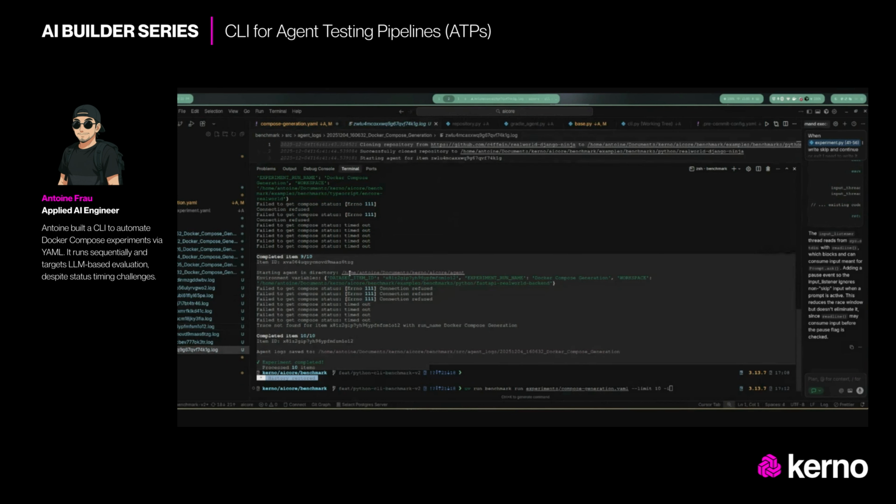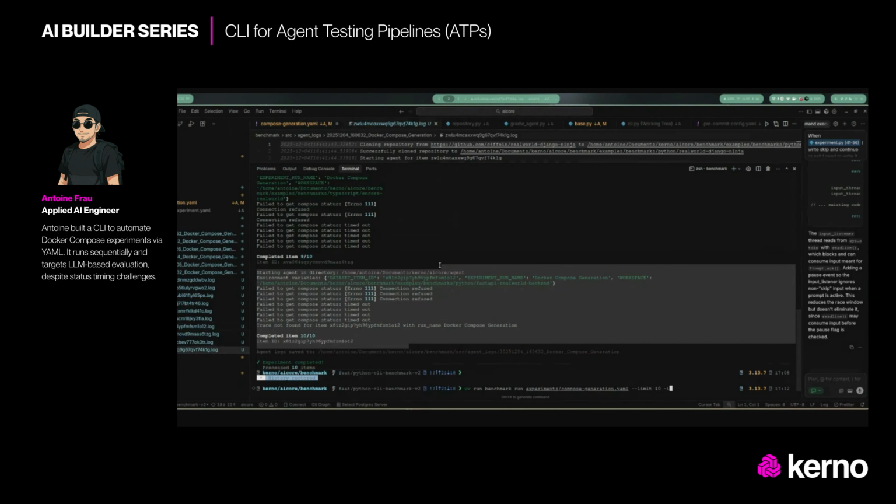Yeah, what problem do you have with the compose status? So the issue is that I am waiting for the Docker Compose status to be up, and it's actually never coming up. Sometimes it just loops forever because I didn't put any timeout in there, and that's one of the problems because it's just not able to complete the work. This issue could be fixed by saying